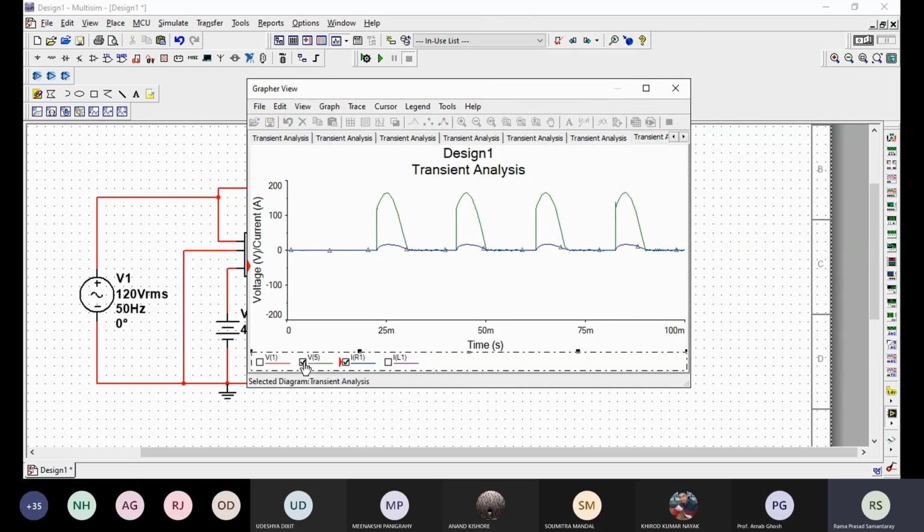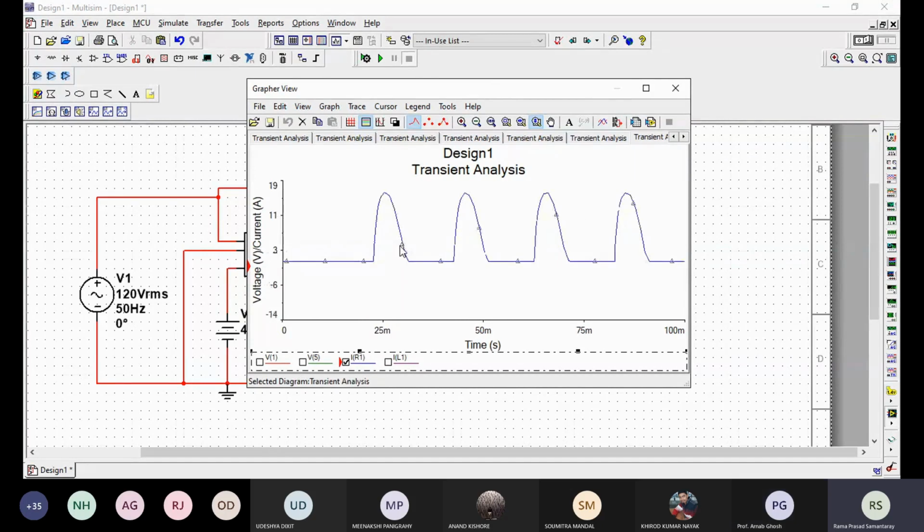Then current of resistor 1, that means IR. You just amplify this by zooming. Now this one, you will get the current of resistance, and this another waveform is the load current through inductor.